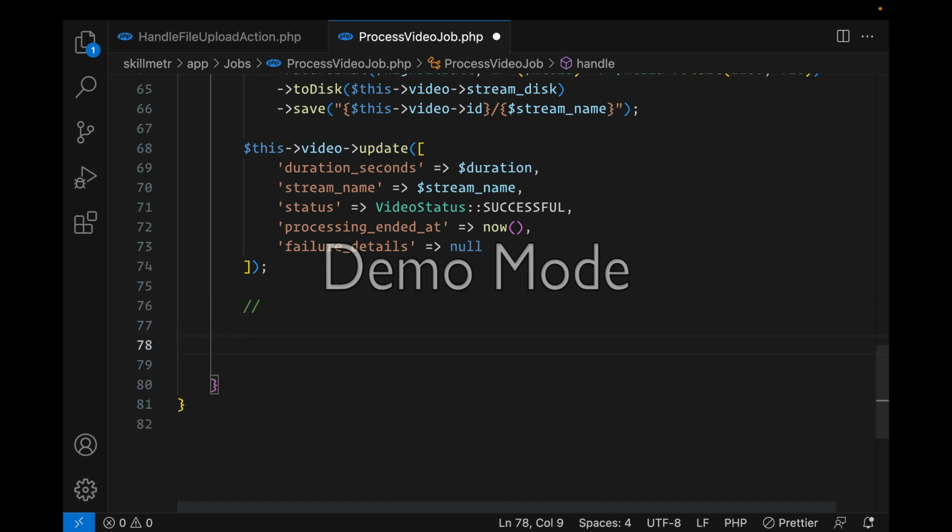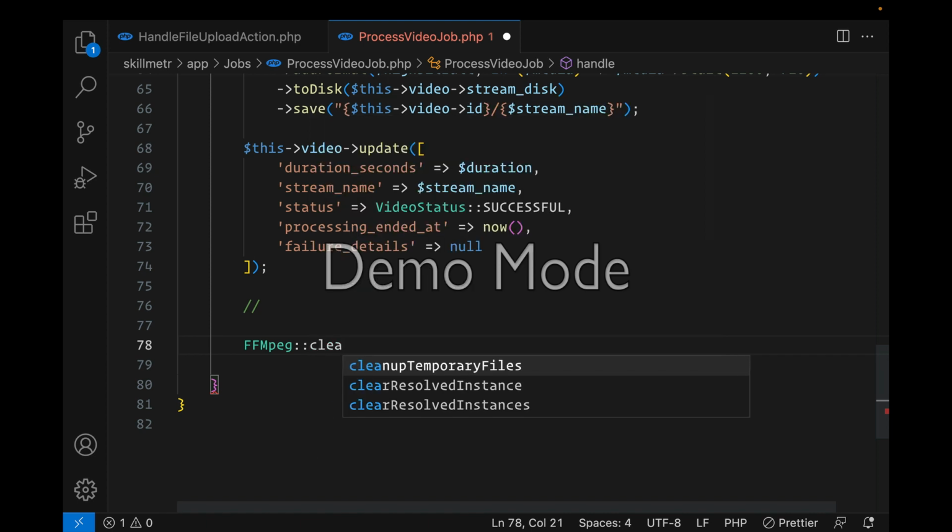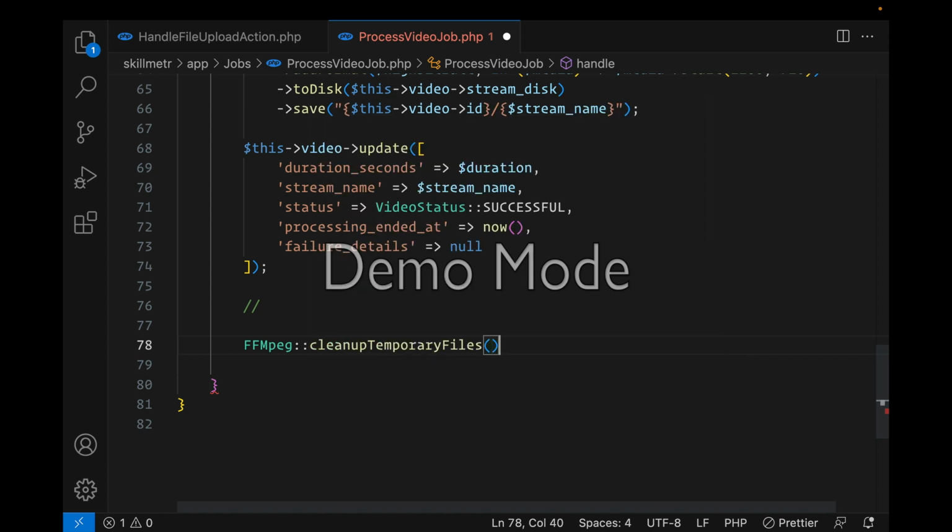And once that is also finished, FFmpeg, that's the Laravel version, it gives us a functionality to clean all temporary files that were created by this process. Because you can imagine when it takes the MP4 version of your video, it's creating lots of temporary files to convert that into whatever format you want to stream it in. So this package gives us a function called cleanup temporary files, and that basically cleans up all the temporary files